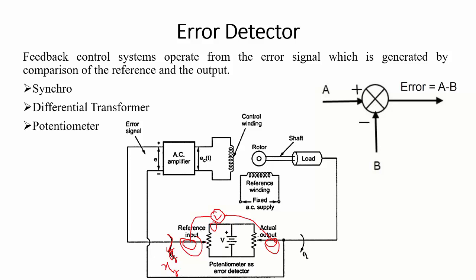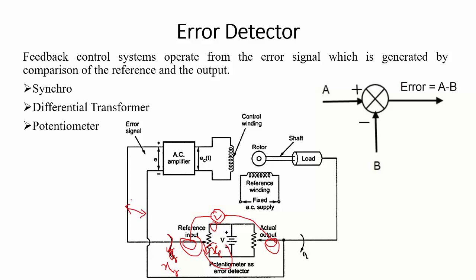in the reference input compared to the actual output. So the voltmeter will be showing a reading, some finite voltage, because the reference input is changed. Let's say we shifted this arm below by a quantity, say XL. So now the voltmeter will be showing a voltage reading corresponding to the displacement that took place in the reference arm. When the reference input has a different voltage compared to the actual output arm, there will exist a potential between these 2 points, which will be indicated by the voltmeter.